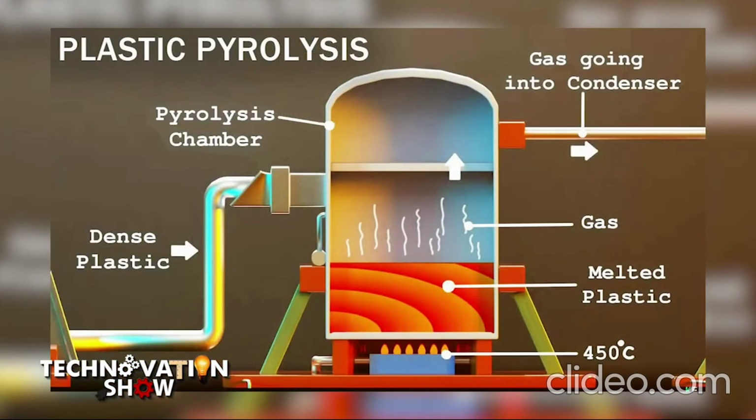The way to do it is called pyrolysis. And yes, there are available machines that do pyrolysis, which you can buy, but they have a lot of limitations, and they weren't fitting our business model, because we wanted something compact and modular, something that doesn't need a very big space, and that is efficient on space, on production, and also on the heat source. Most of the machines that we found used fire as their source of heat. That would mean we'd need to consume firewood or gas to heat up the process, because we need temperatures of around 600 degrees Celsius to break down the plastics. So we were